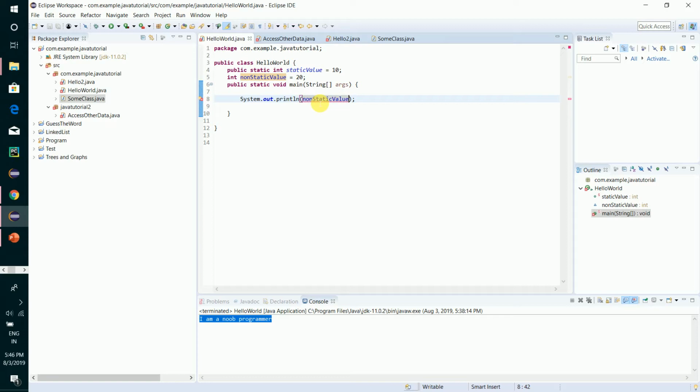See, even though this non-static variable is declared inside this class, it is not able to access that variable. Why? Because this is a non-static variable. If you declare something as static, say for example now if I access this static variable, you can access this static value. Say for example if I run this code,